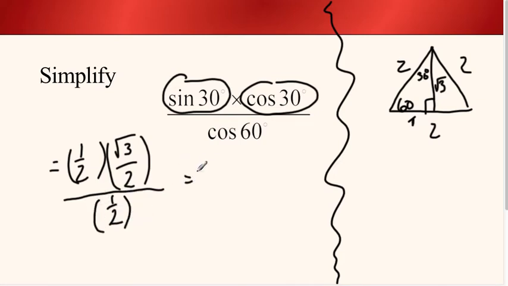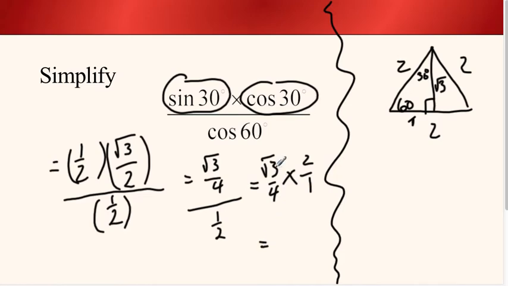Okay, there's lots of different ways to simplify this. I'm just going to go through the most basic, following the rules. I'd multiply the numerators together. These two fractions on the top, multiply the numerators, multiply the denominators. So I get root 3 over 4. That's what this whole numerator simplifies to. This is still all divided by a half. So this is root 3 over 4, and I'm going to divide it by a half, which means I multiply by its reciprocal, which is 2 over 1. So this is root 3 times 2, so let's just write it as 2 root 3, and 4 times 1,